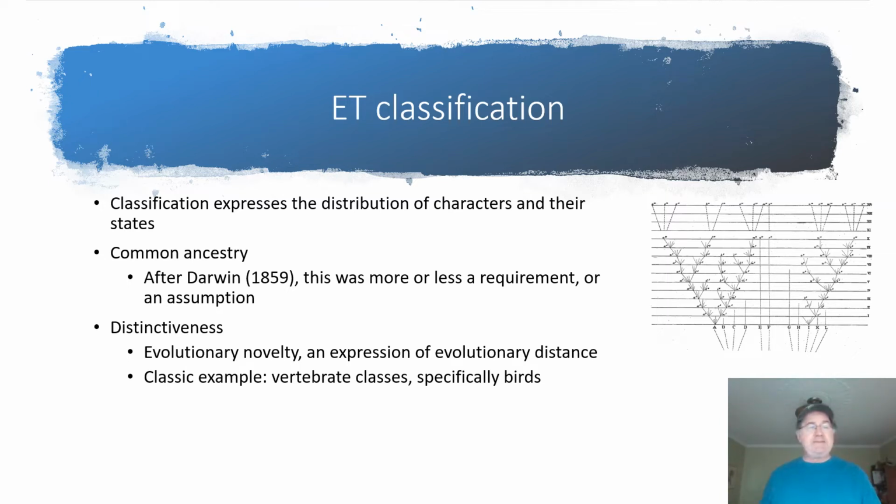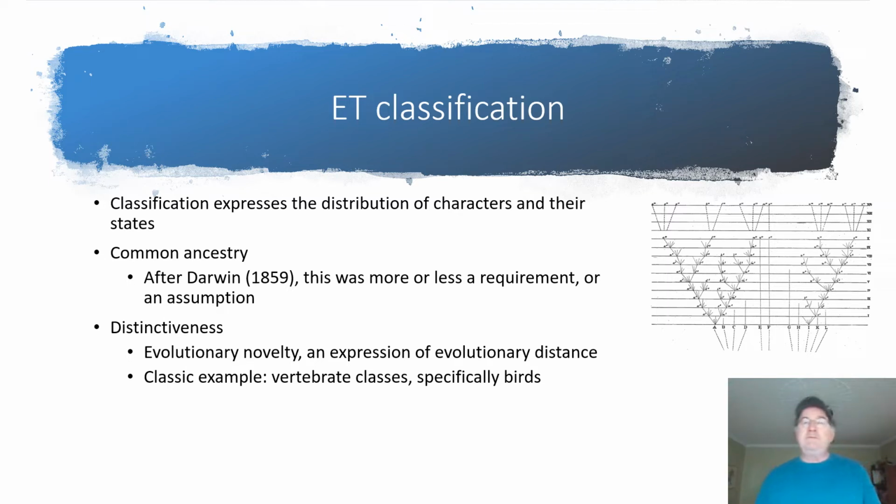So everybody wanted to represent common ancestry in their classifications. They wanted to be able to say things like, well, vertebrates are classified together, and one of the reasons is that they all evolved from a single common ancestor and then diverged in their various directions. Simultaneously, they also wanted to represent in their formal classification, and maybe I need to step back here half a second and reiterate that when I talk about classification here, I'm talking about this formal Linnaean classification, the putting of organisms into ranks, into species, genera, families, orders, classes, and things like that.